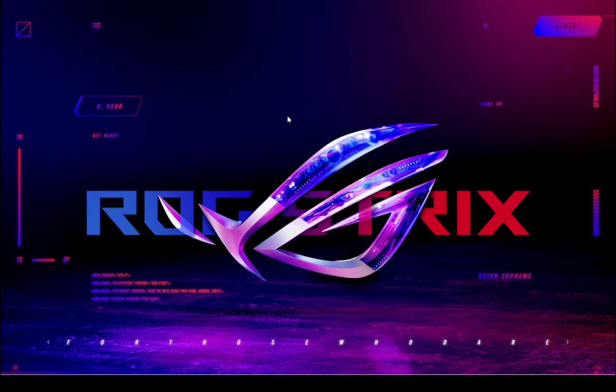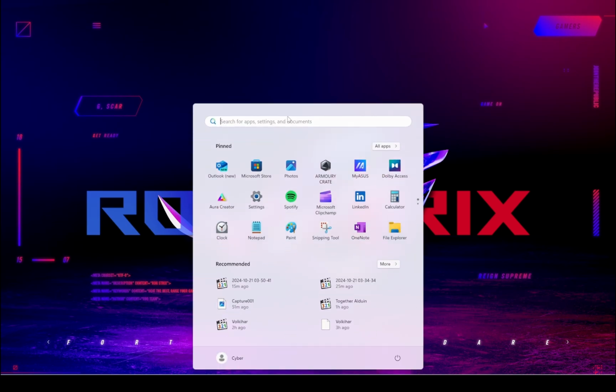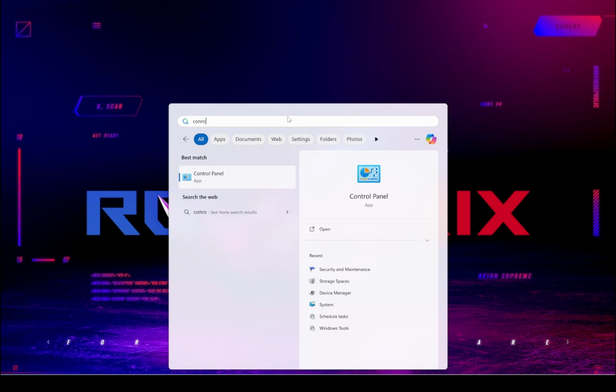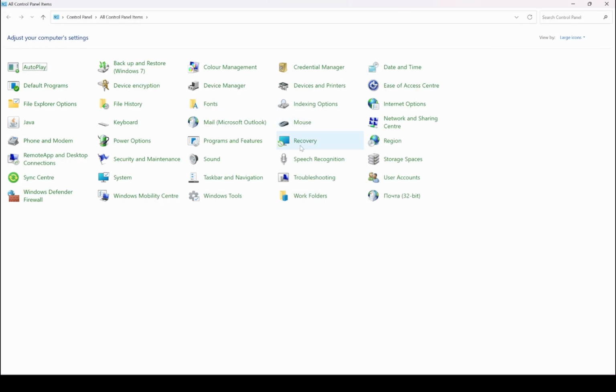In my case, my new disk was visible only when I created a new pool in storage spaces. Now I will tell you how to do this. So first of all, you need to press the Windows button, type Control Panel, go to Control Panel, and here you can find the icon Storage Spaces. Click on it,